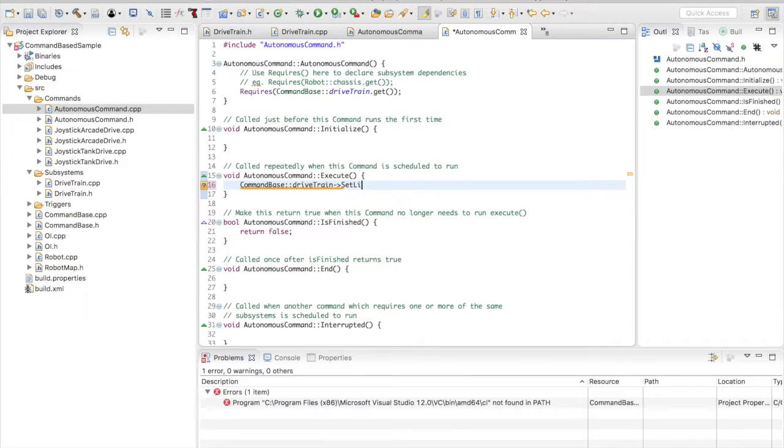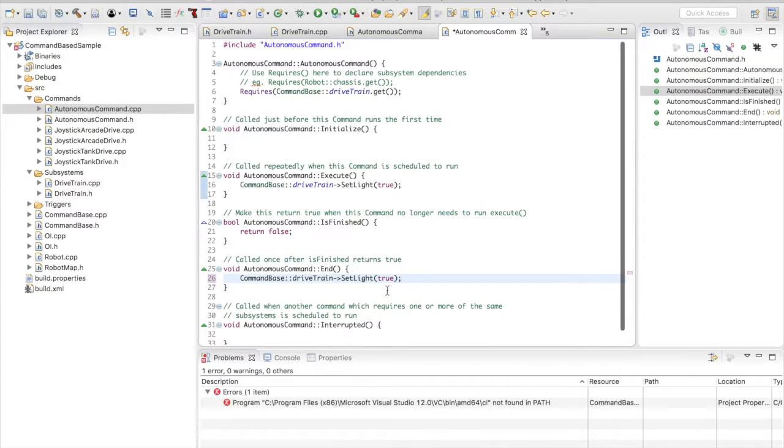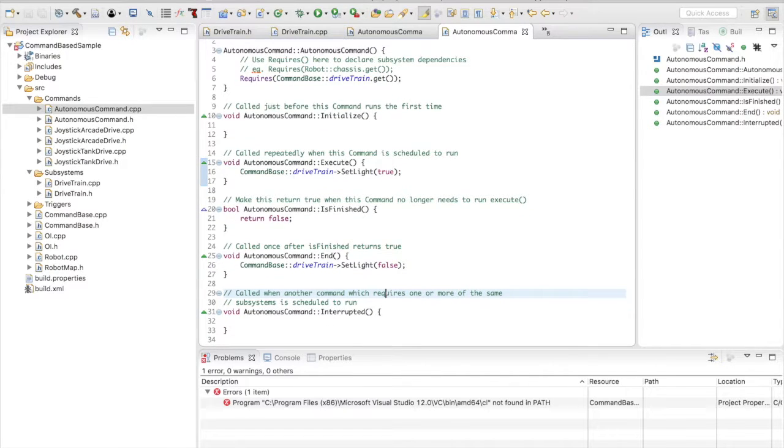We can set the light to true, and then once we're done, we can turn it off. So this is a really simple autonomous command,